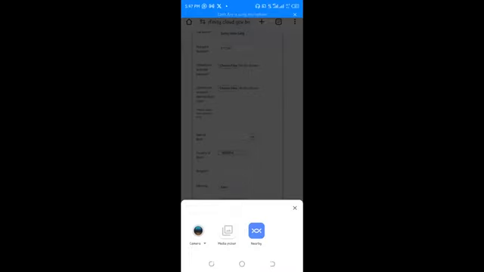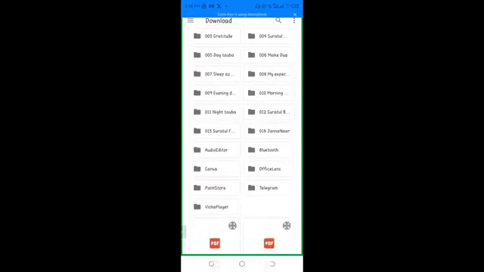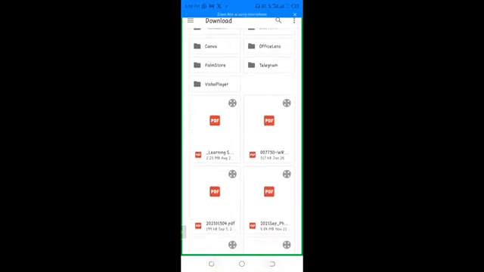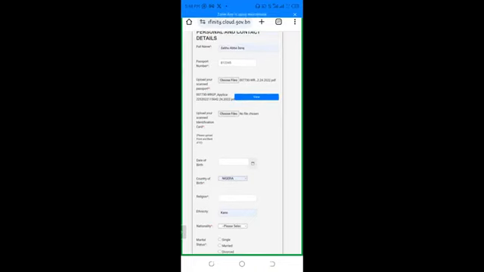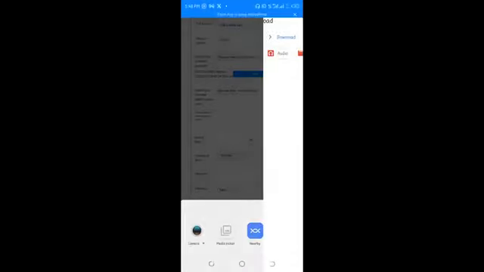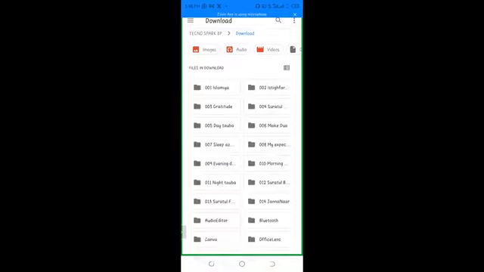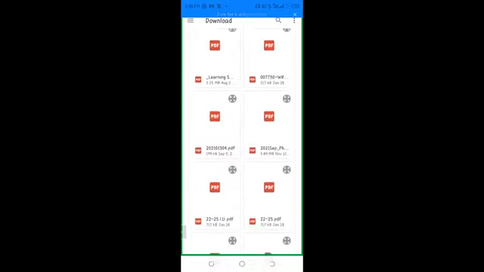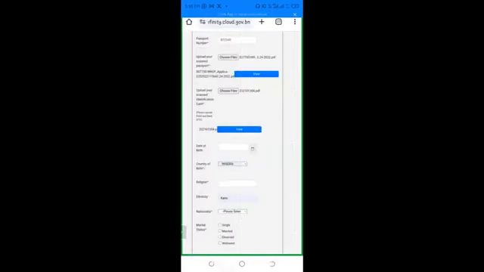So if you're using a mobile phone, as soon as you click it, it will just take you to a media picker and then you choose any document. Let it just open up. Okay, let me choose a document that is not too big. Okay, let's choose this 317 kilobyte. And then upload a scanned identification card. This one too, I'll have to go for a media picker and choose any of the documents I have on my mobile phone. Let's choose the size 199 kilobyte.